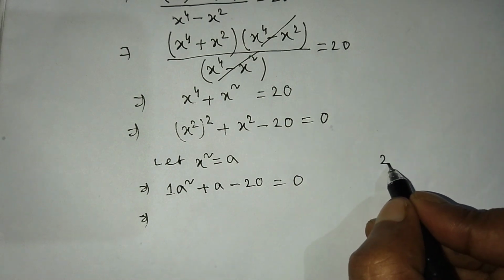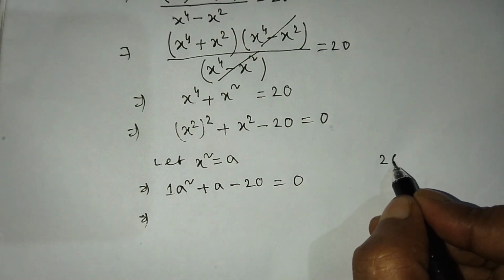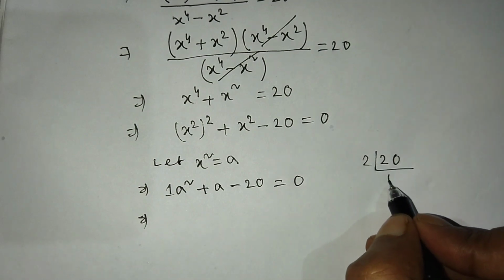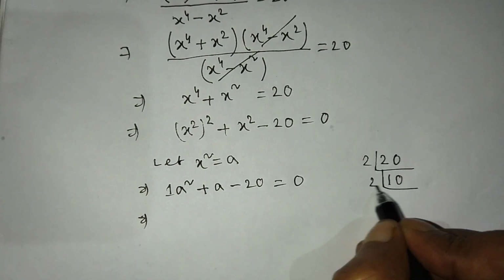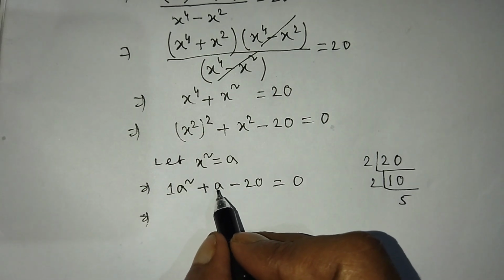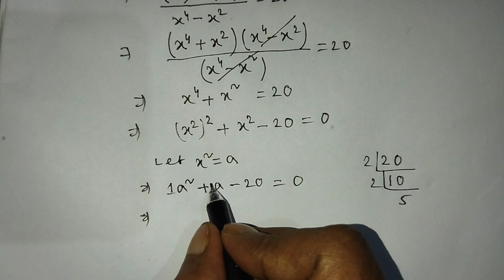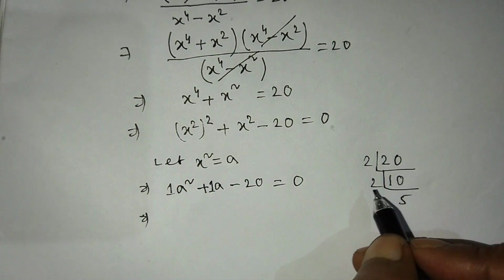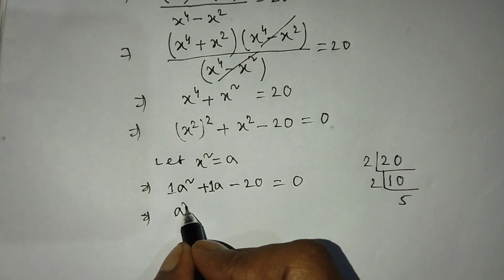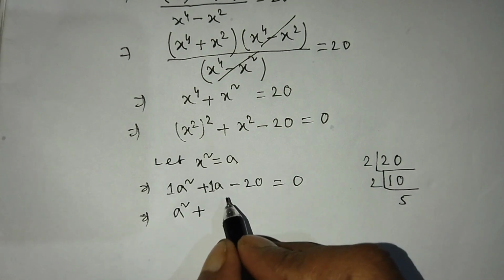That means again, if you multiply 20 into 1 then we get 20, and after that we have to do LCM. 2 10s are 20, 2 5s are 10. So student, the coefficient of a square, there is no number, so we have to take 1, okay. So my dear student, you have to write on the left hand side a square plus,